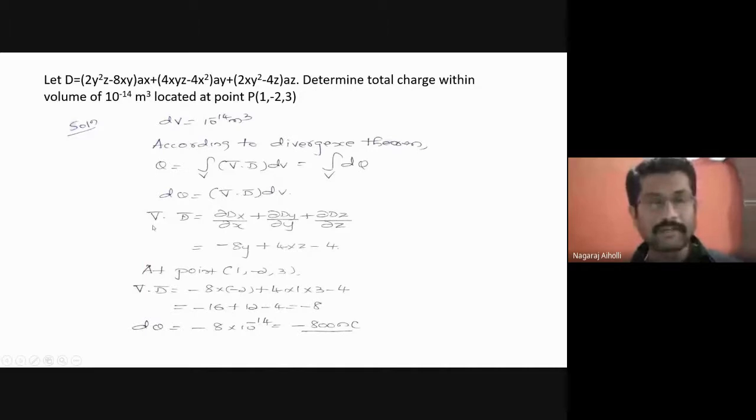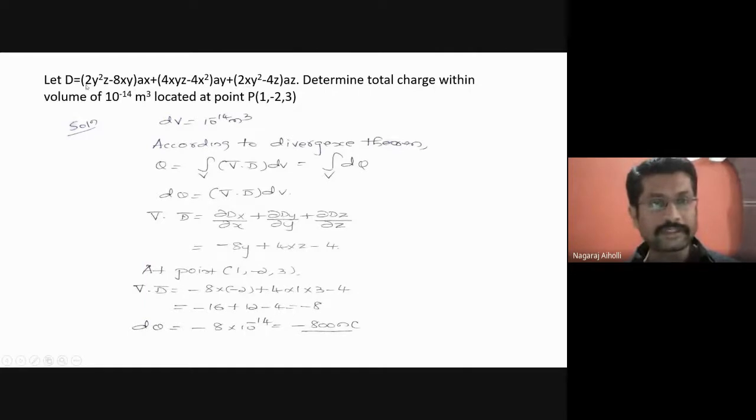Then del dot D bar is equal to dou Dx by dou x plus dou Dy by dou y plus dou Dz by dou z. This is the divergence of D bar that we discussed in the previous class. Now, friends, please try to differentiate the equation for D and get the next equation. Differentiate this with respect to x, this with respect to y, and this with respect to z.